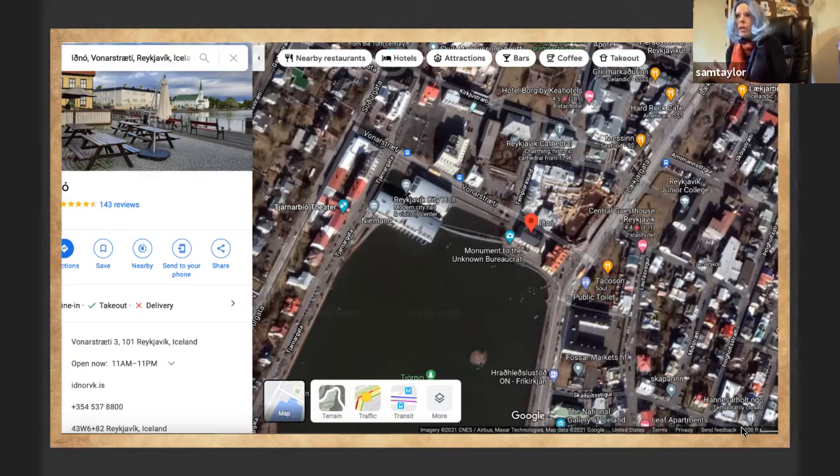With Google Maps, often you can even zoom in to a closer street view and swivel the screen around. So it's like you're standing there in the street and you're looking around at the buildings. It was a huge help to me, so much that when I took the story to different critique partners of mine for feedback, some of them who had been to Iceland and to Reykjavik came back to me and said, I can't believe you haven't actually been to Iceland yet, because it feels like you have. You've nailed the setting so well. It's all thanks to Google Maps. Do not underestimate the power of this tool.